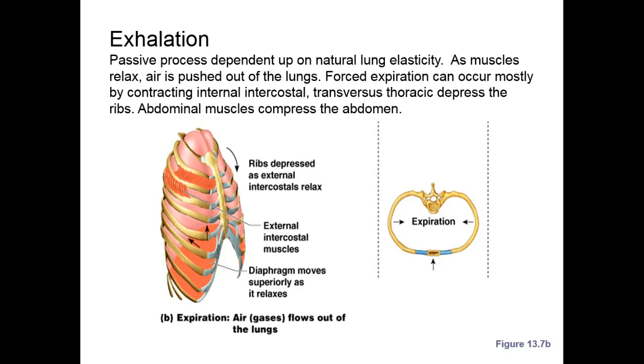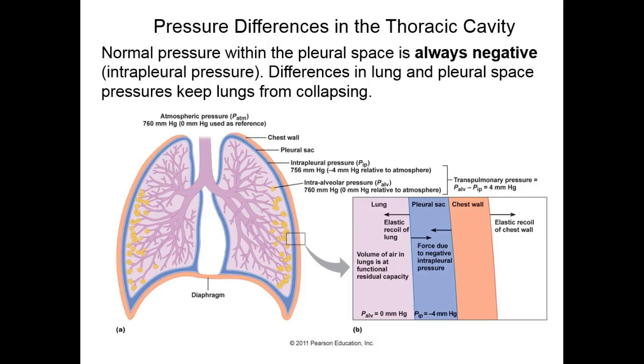Then other muscles are the transverse thoracic. The abdominal muscles also can come into play, as well as the scalenes and the pectoralis minor. I was trying to think of another one that comes in. Particularly you think of somebody who has, unfortunately, emphysema. And just to reiterate, the pressure differences